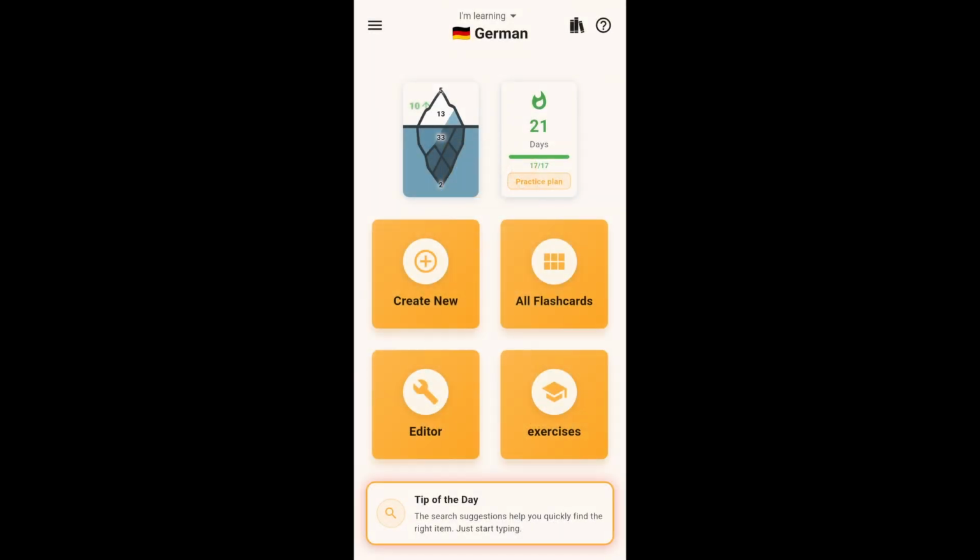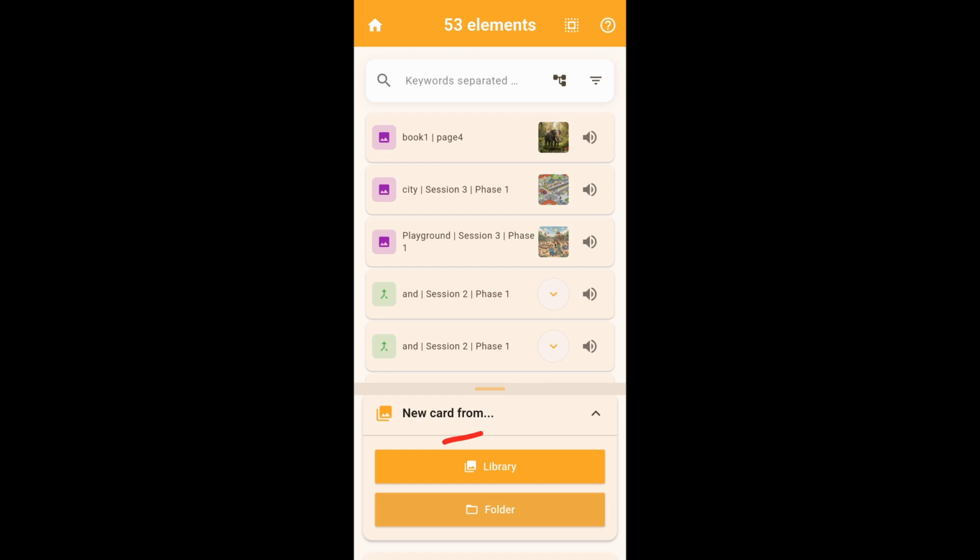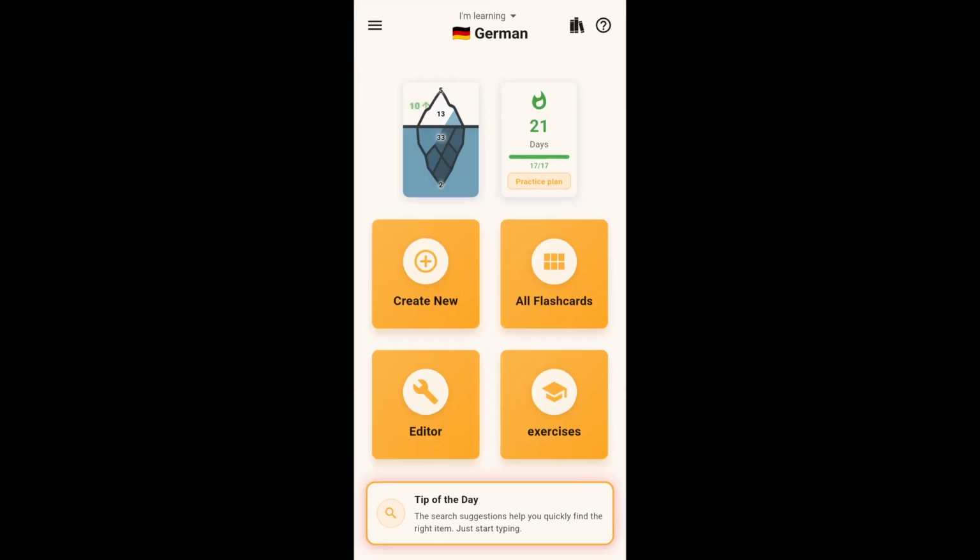In this tutorial, we'll take a look at the library. The library is a collection of over 1,500 images that are available offline and for free in the app. These can be used, for example, when creating new flashcards in the editor. The fastest way to access the library is from the home screen by tapping the icon in the top right